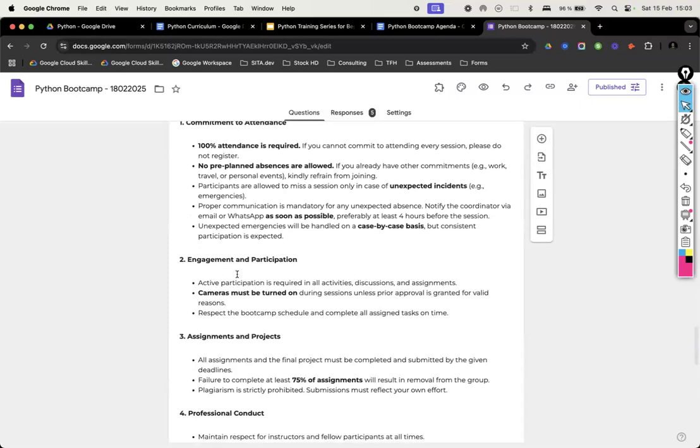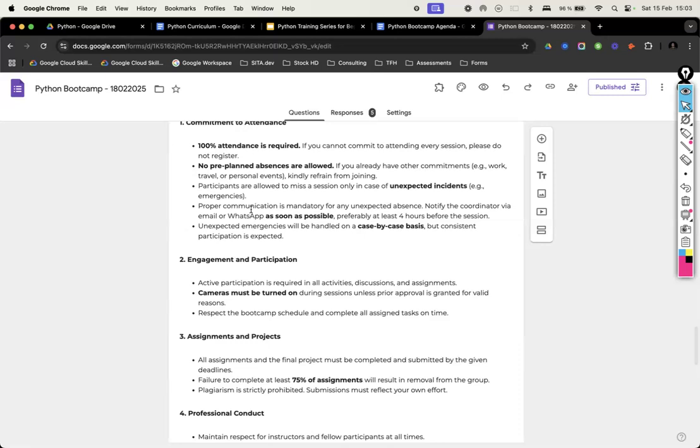Then these are the minimum expectations. We expect proper communication. Life happens. Sometimes you might not know, some emergency might happen, something can come up suddenly. You can take a break on that day, but you must inform us, you must notify us, maybe whoever is your course coordinator in the group.